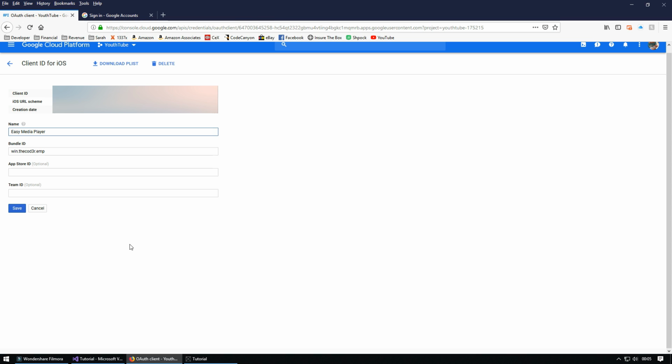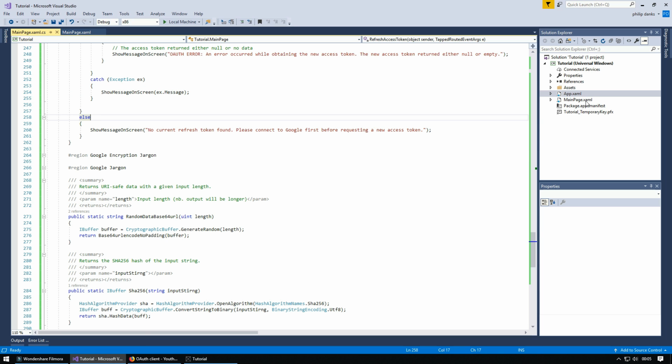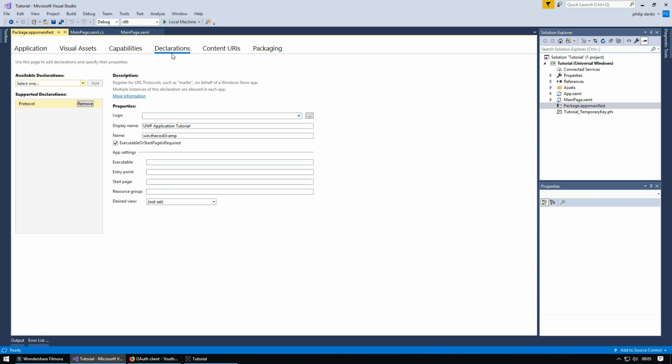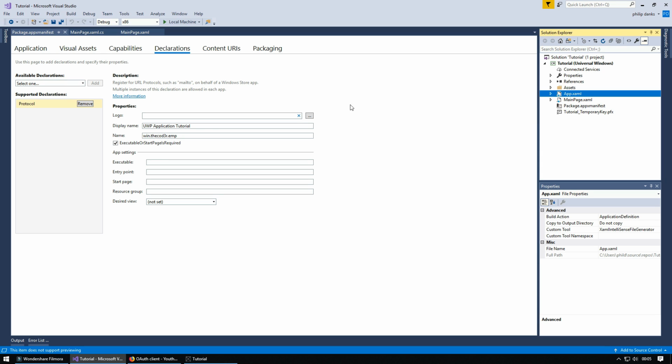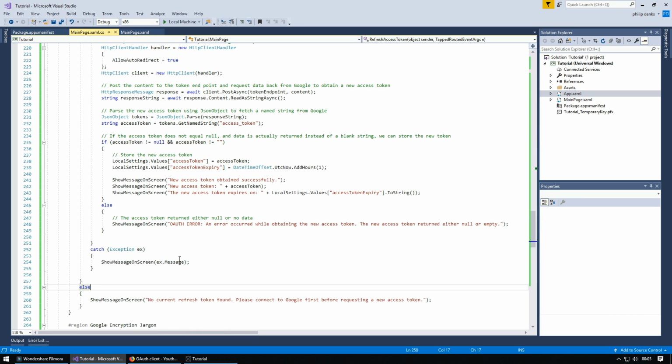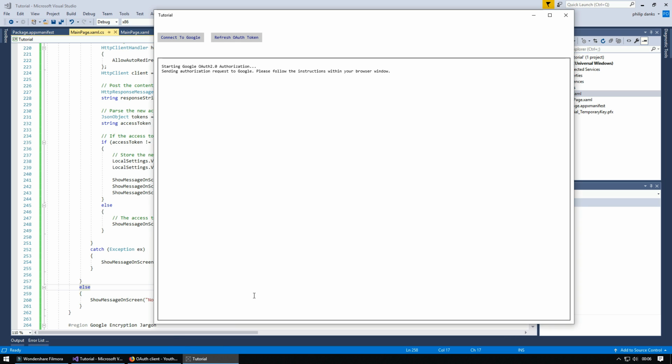I will just show you my Easy Media Player one, and as you can see, the bundle ID is win.lacoda.emp. Now this of course needs to match everything you type in on here. It also needs to match in your package.appxmanifest inside the protocol declaration, and it also needs to match in your MainPage.xaml.cs in the string that we declared earlier. And that's pretty much it. That's exactly how you use the Google OAuth API and use it to obtain data,